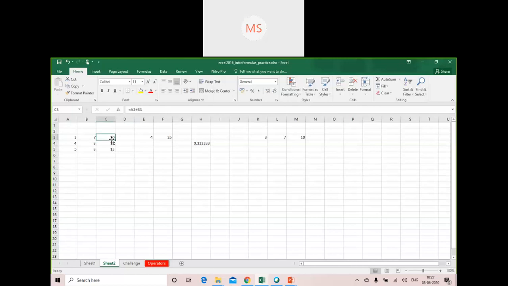Like here, the cell references were A3 plus B3. The same thing I copied here becomes K3 plus L3. That is not the case with absolute reference. Absolute reference and relative reference, these two things we are going to cover in today's session, but later, once we complete the formula part. Okay, are these points clear to all of you? Quickly say yes or no.